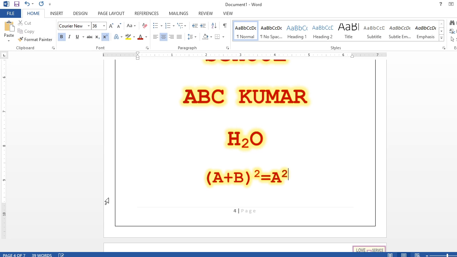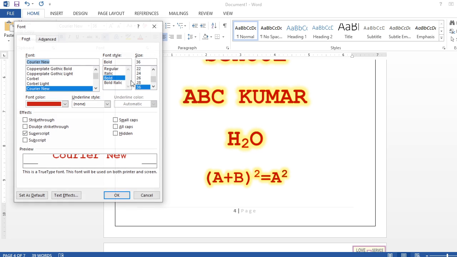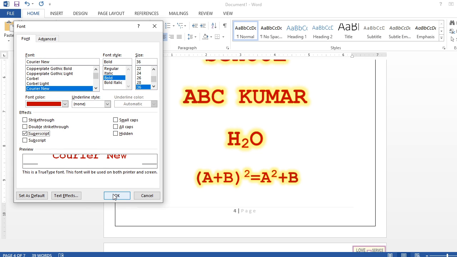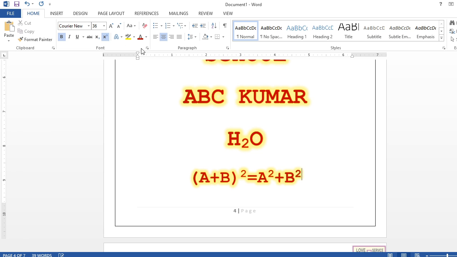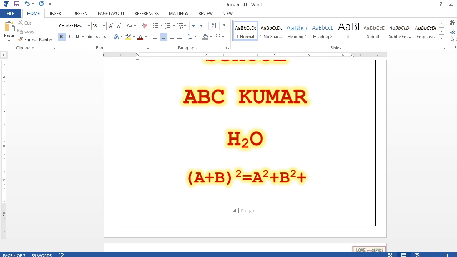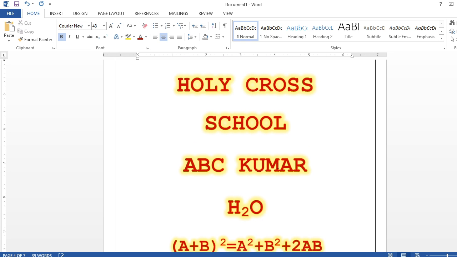I am going to write here a square, then again come down, a square plus b, again the square is superscript, a square plus b square, then again back down, then plus 2ab. Like that you can type, done.